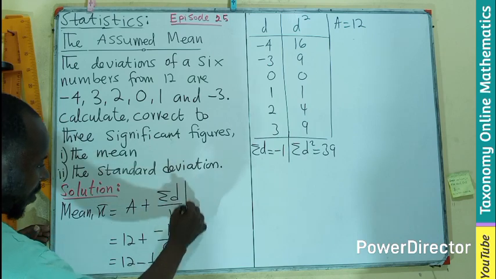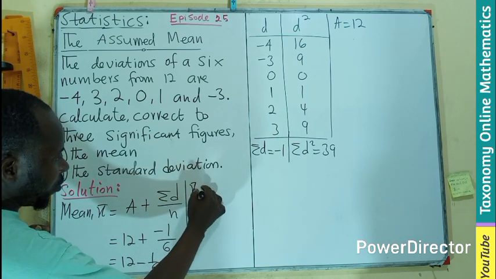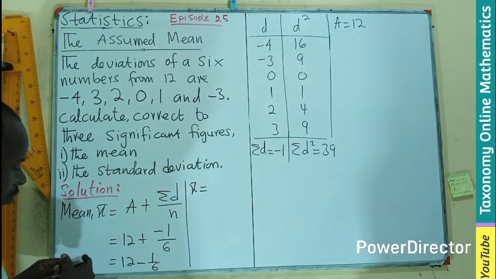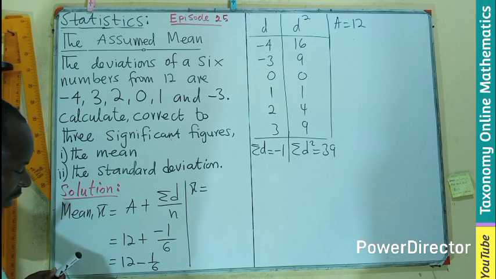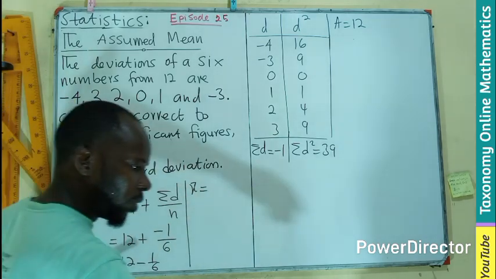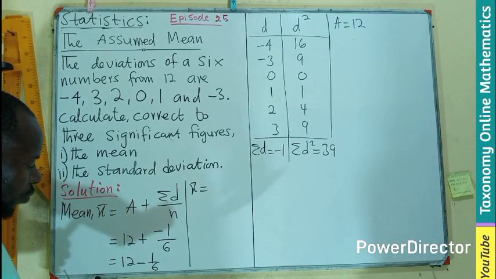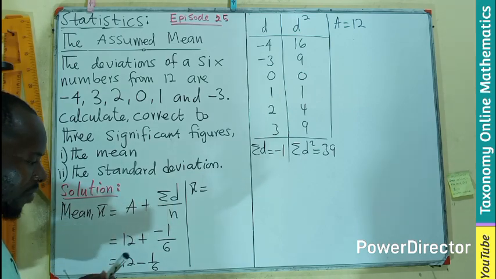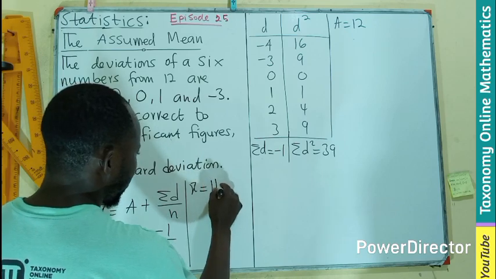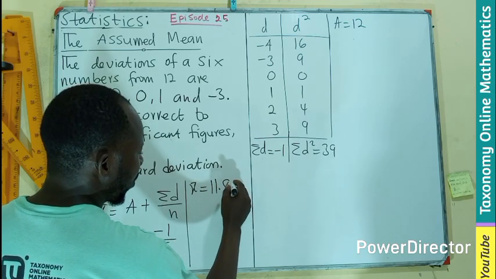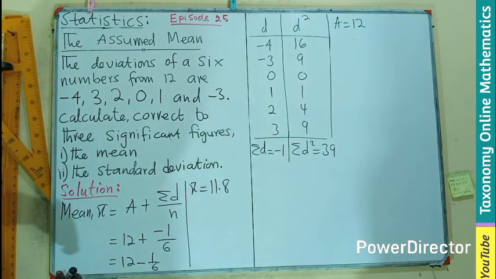So from here, we can find our mean to be, this could be 72, I think it was, let's check, 72 minus 1, 71 divided by 6, and that will be giving us 11.8